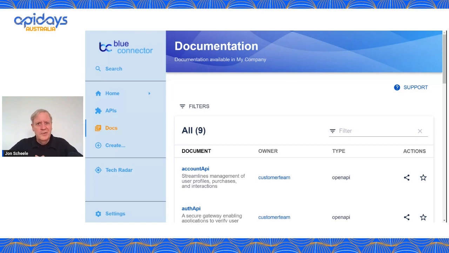This developer portal will be built and owned by the platform engineering team, but it's not for